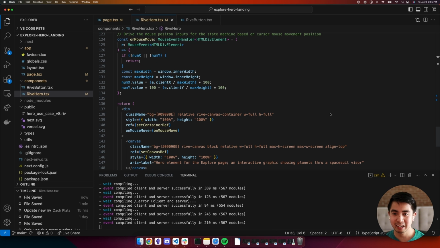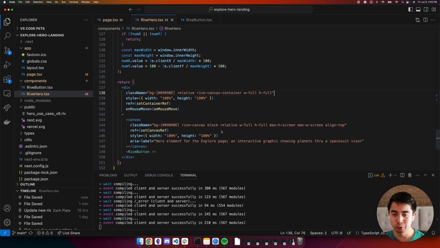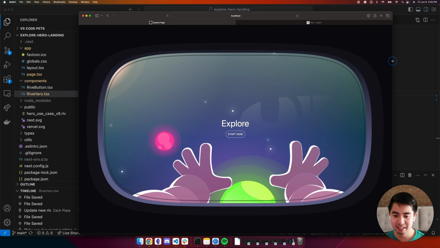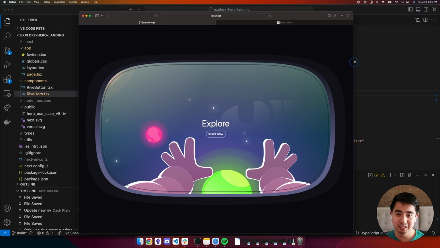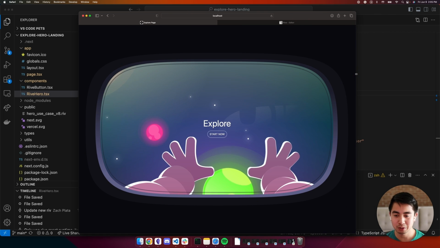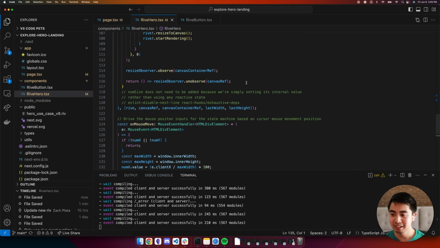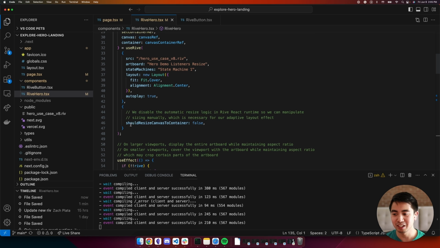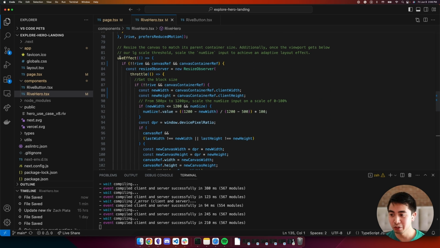So now what we want to look at is how this canvas is scaling with the viewport as it shrinks or grows that window. And so again, as we grow this window, you can see the canvas isn't remaining stagnant. The content is actually growing with the viewport as we grow or shrink the window size here. And that might, again, look counterintuitive because we said, hey, in useRive, I'm going to set shouldResizeCanvasToContainer to false, which means we're going to be maintaining our own resizing logic ourselves, which is going to be this larger useEffect block.